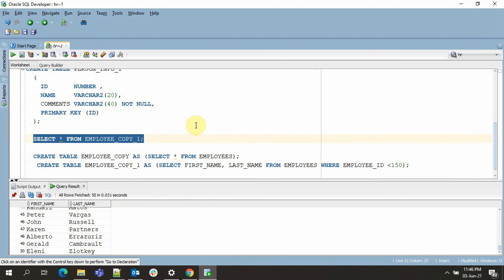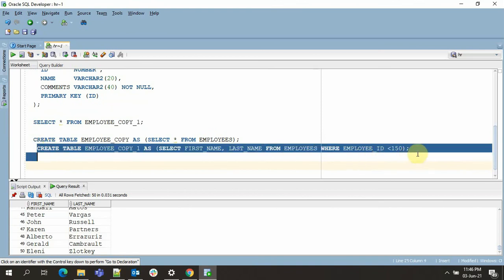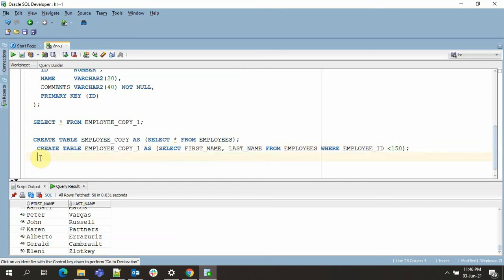I'll show you how we can create a table with empty values, that is no rows, but copying only the column information. So for that, I'll just copy the statement here. I'll paste it here. I'll change the table name to employee copy 2, and in the where condition I'll just specify 1 equal to 2.